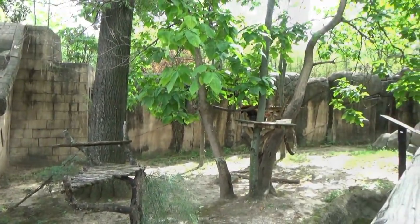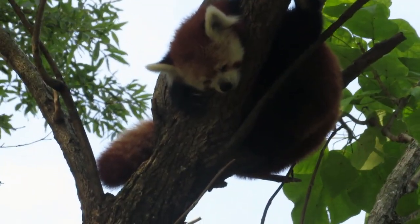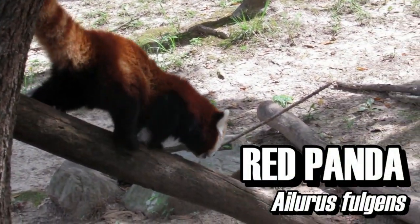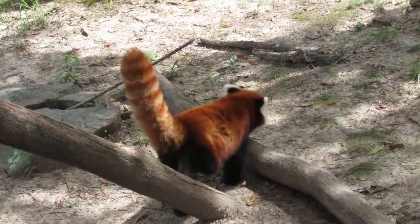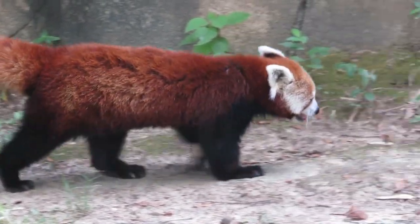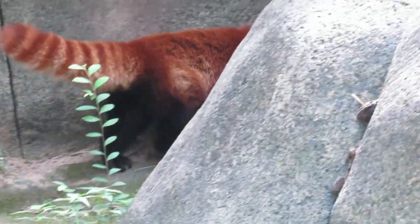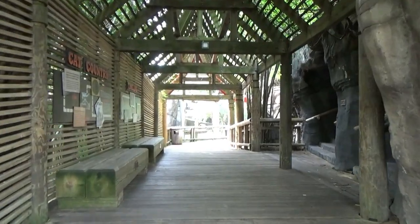We next come across our first non-cat species, one who we've seen before on several other tours, the always adorable red panda. Red pandas debuted in Memphis along with the opening of Cat Country in 1994. While I only saw one panda on my visit, this exhibit is home to breeding pair Mars and Lucille. Did you know that red pandas were actually recorded by scientists before giant pandas and were the first species to be called a panda? From here, the boardwalk takes you under a covered bridge where you can read up on